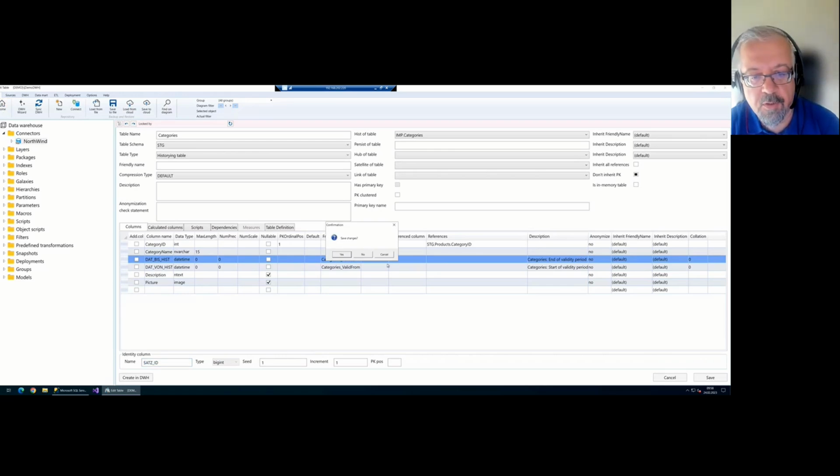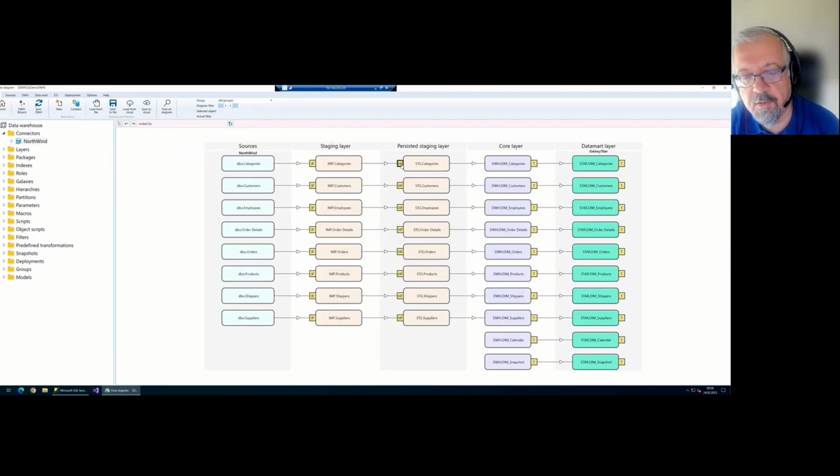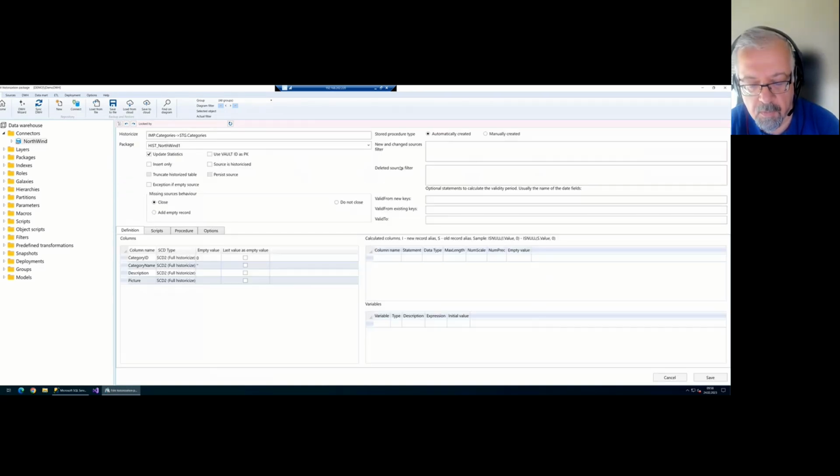important is you can configure the historization process very widely. Here, this is the definition of the historization stored procedure to historize the tables, to perform the historization. We generate stored procedures, and here you can configure your historization process. For example, for